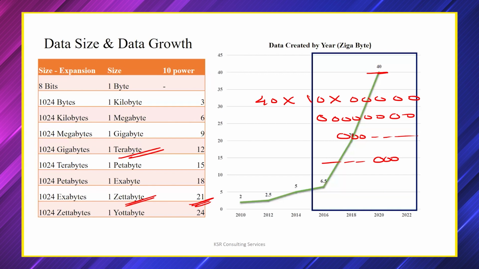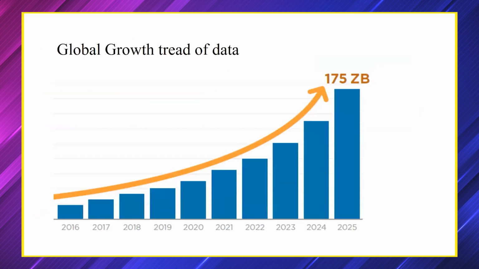And you people know what happened after 2020. Even kids started using smartphones for online classes. And we also expect that by 2025, we are going to touch 175 zettabytes. Now, where will I go and store all this? I cannot store it in my laptop. I cannot buy 100 laptops, or even store it in the servers. It is practically impossible. What is the next step?